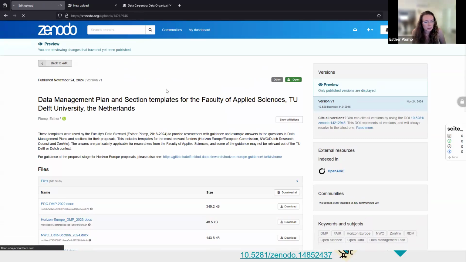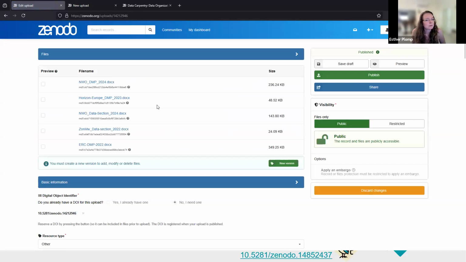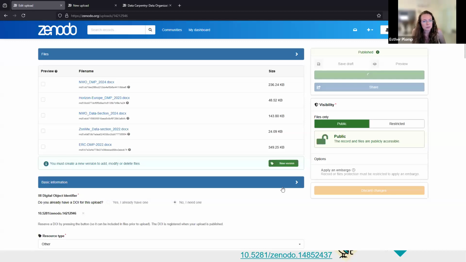Let's go back to the edits. Okay. We'll try to publish this now. Again, the warning: you will no longer be able to change the files. However, you will still be able to update the record's metadata later. And that's exactly what we did. We updated the record's metadata. So if we now publish,